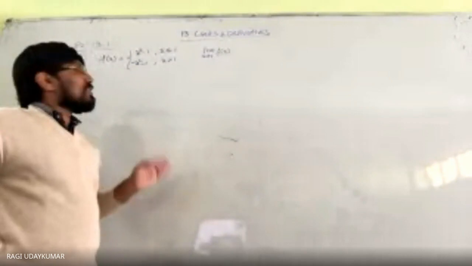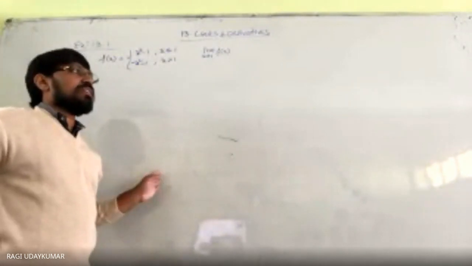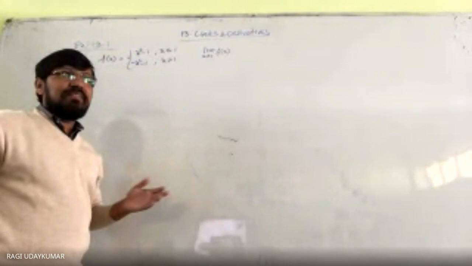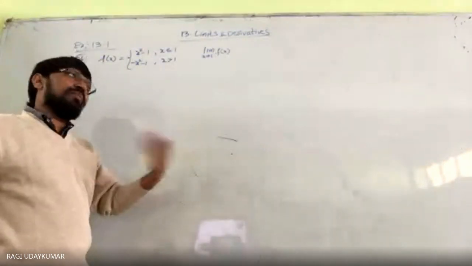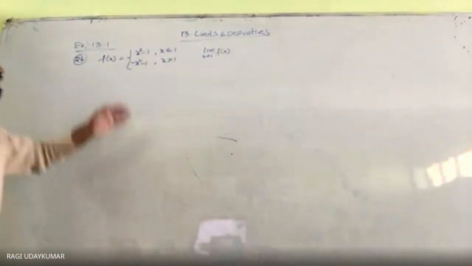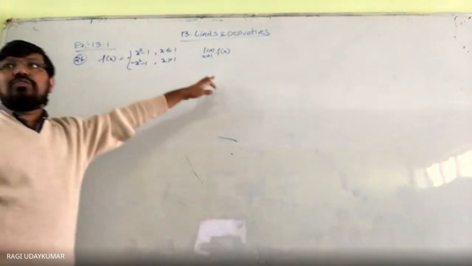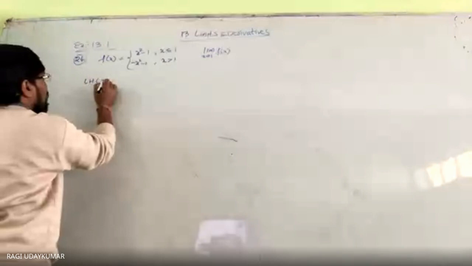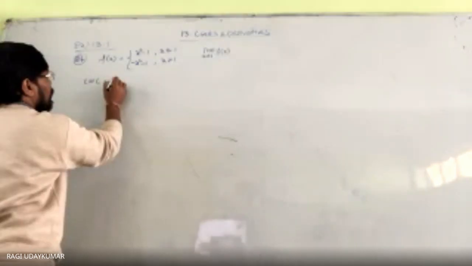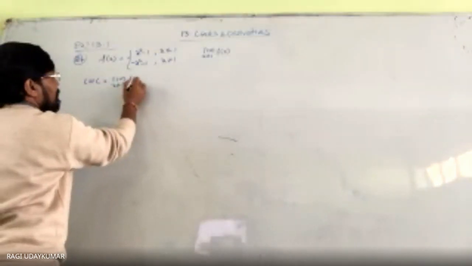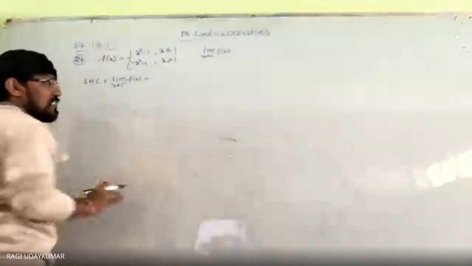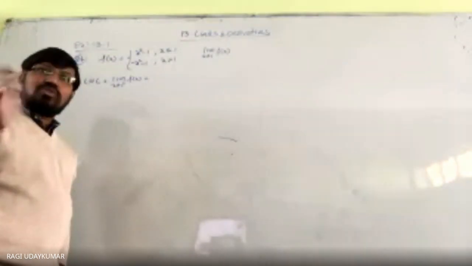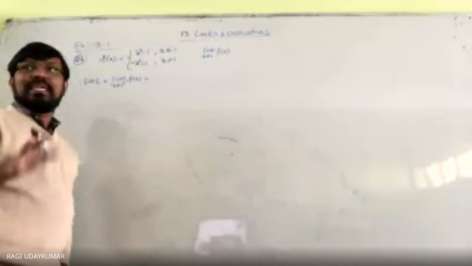And suppose in this case, if it is asking you to find out limit x tends to 5, as in the previous question, asking directly limit x tends to 5, you can write it directly. But here, whenever you see that the question is asking limit x tends to 1, the left hand limit you find is limit x tends to 1 minus f of x. So 1 minus is nothing but to determine the function only. Here to determine the function को determine करने के लिए 1 minus लिखते हैं.